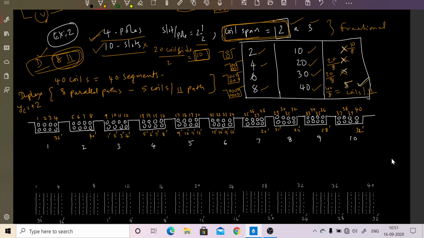If the first coil is placed in the first slot, then its other coil side will be placed in 2 plus 1, third slot. Okay, first slot and third slot, like that. So fractional in nature, duplex in nature, and we have 8 coil sides in one slot. So 3 possibilities we are taking in one winding.